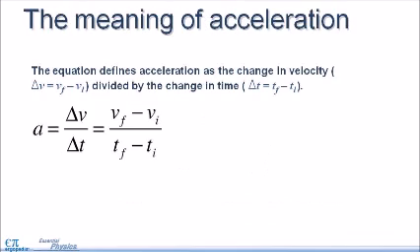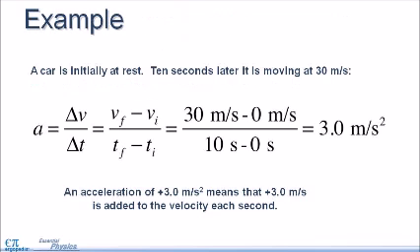The meaning of acceleration. The equation defines acceleration as the change in velocity, which means final velocity minus initial velocity, divided by the change in time, that is equal to final time minus initial time. For example, a car is initially at rest. 10 seconds later, it is moving at 30 meters per second. Its acceleration equals change in velocity divided by change in time, equals final minus initial velocity divided by final minus initial time